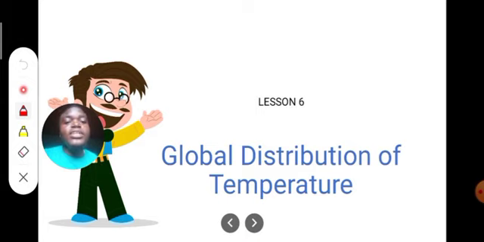Today we shall be looking at how temperature is distributed over the Earth's surface from the equator to the poles and from the Earth's surface into the atmosphere. During our last lesson, we were looking at heat transfer over the Earth's surface. But today we shall be talking about global distribution of temperature, and that is lesson 6 under meteorology, climatology and